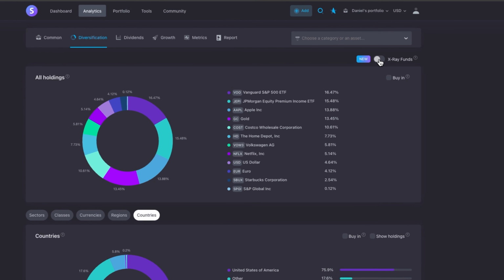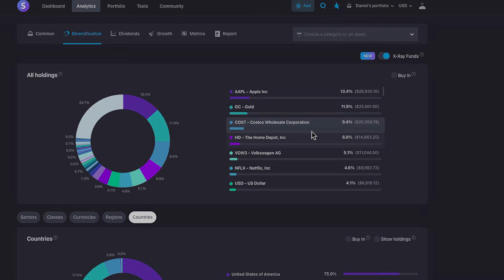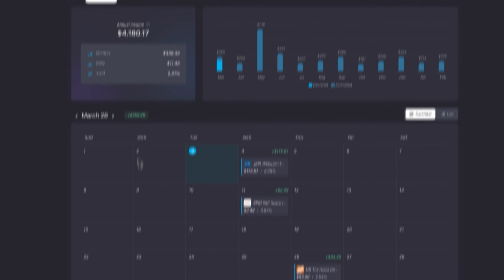In this walkthrough, we'll see how the platform breaks down complex funds into their underlying components and helps automate the